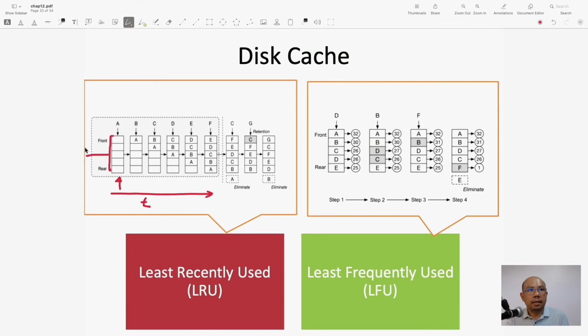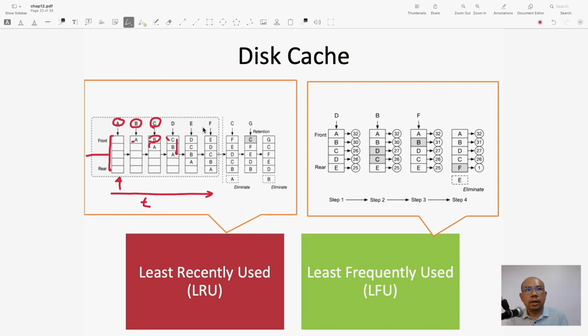There is no data in the memory. Now data A is written to the memory. A is written here, and then B comes following A. B is written here, and A moves down. And C comes and is written to memory, and they keep moving down